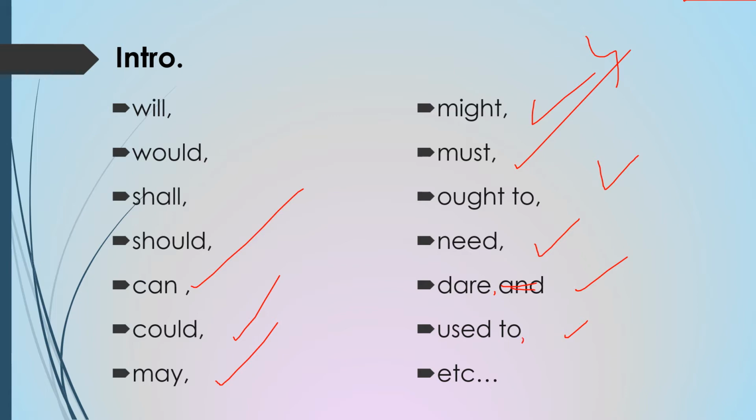But if we talk about the genuine modals, these are the genuine modals: will, would, shall, should, can, could, may, might, and must. So there are ought to, need, dare, used to, and have to. So those are other verbs